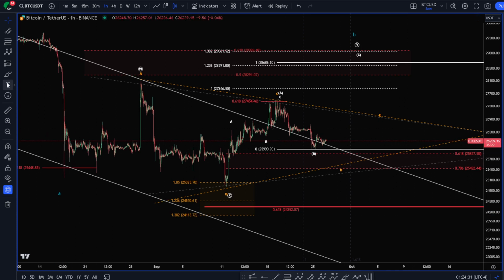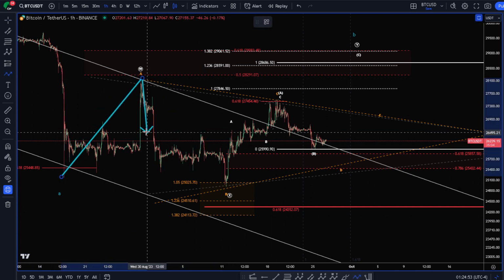So have this as either a 3-wave A. Come on, you gonna work? What's going on? Okay, so my drawing tool doesn't want to draw. That's great. So either have this